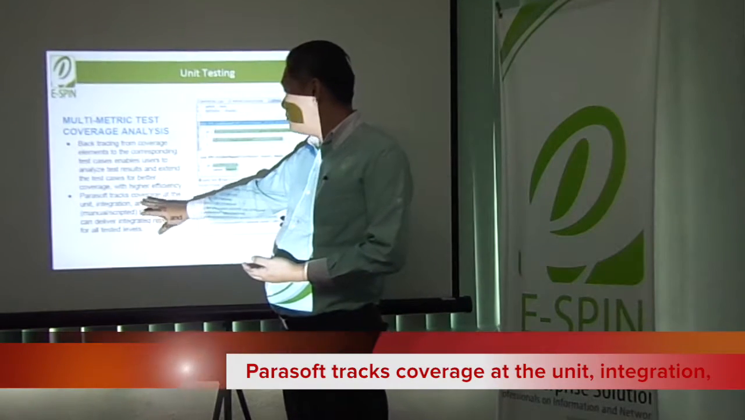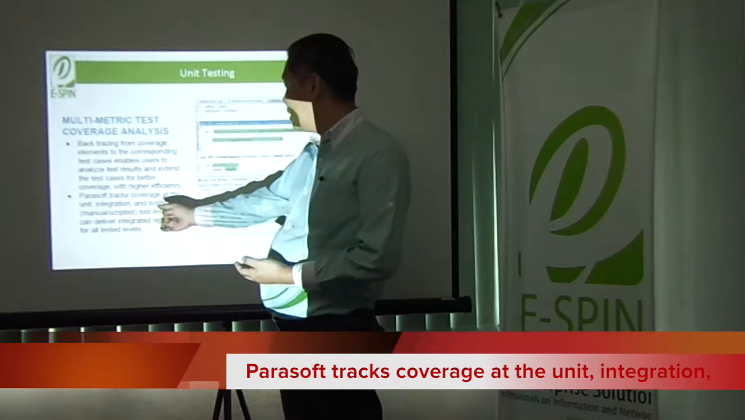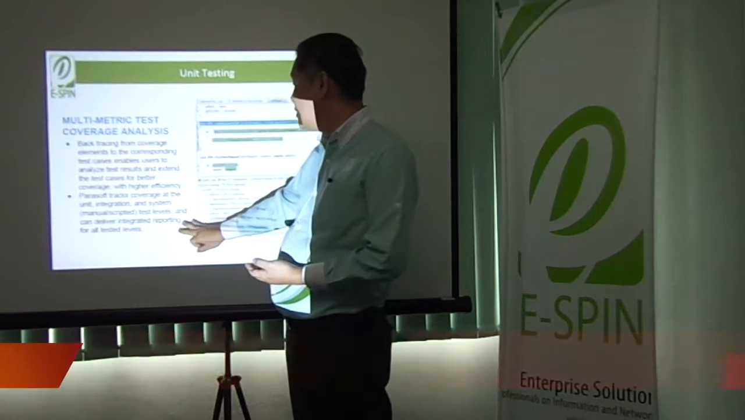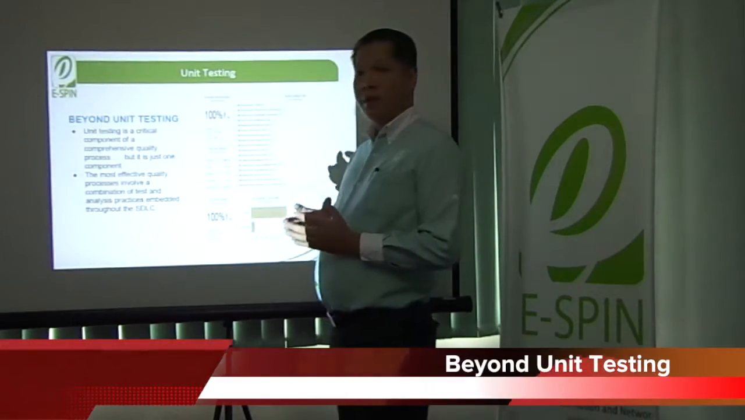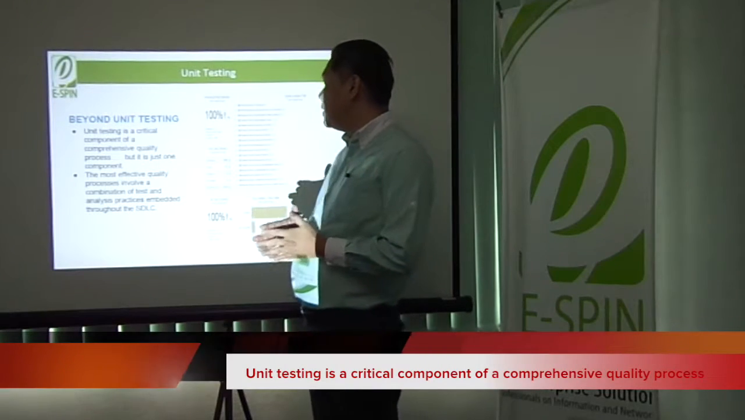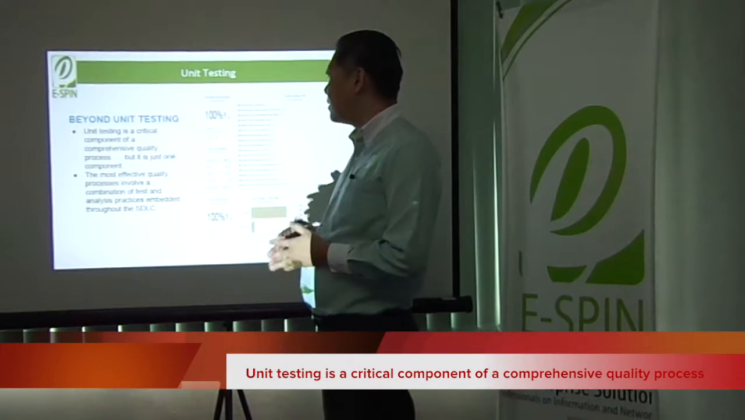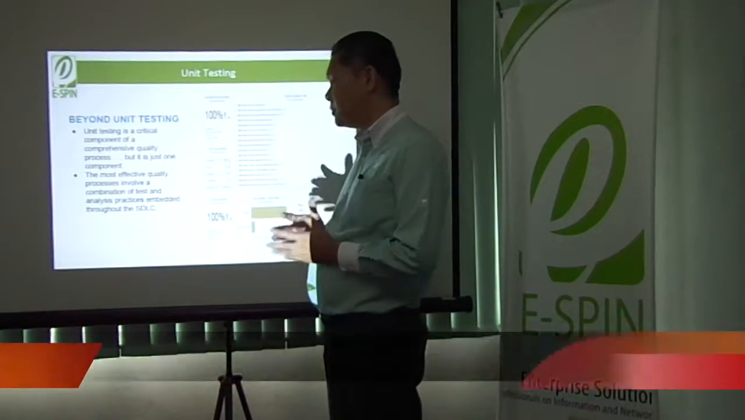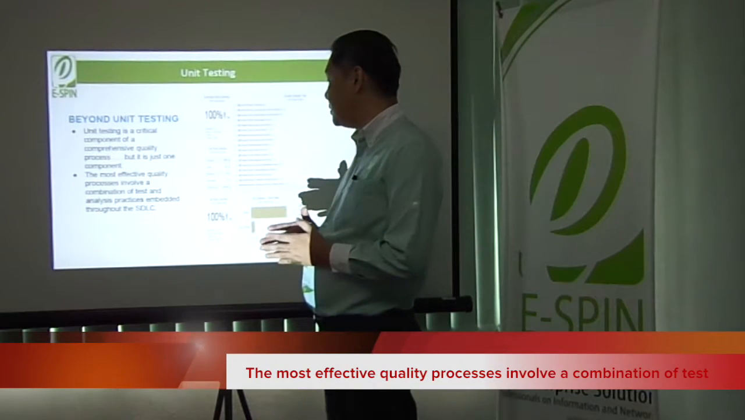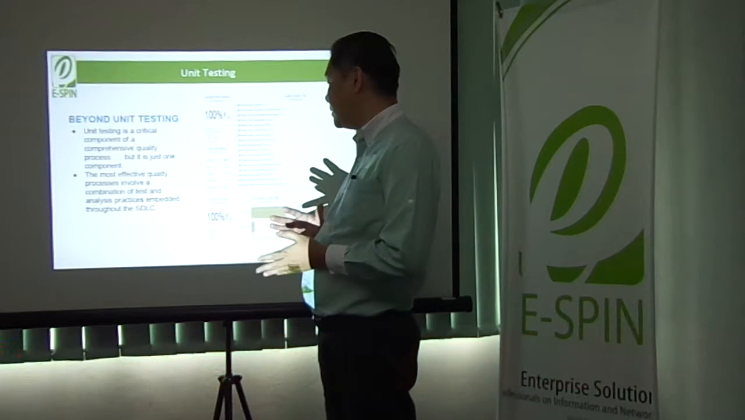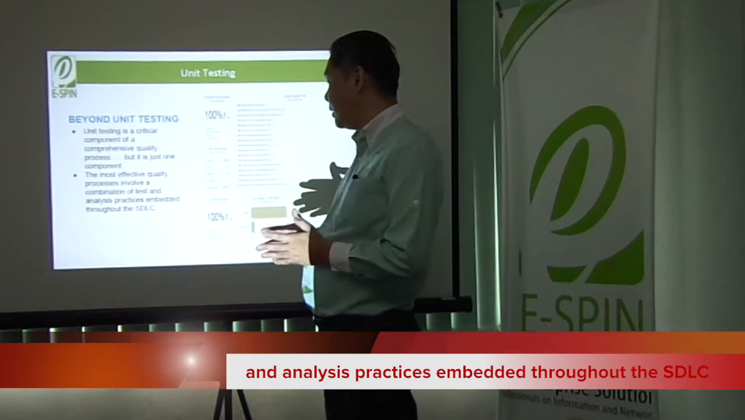So Parasoft tracks coverage at the unit, integration, and system test levels and can deliver an integrated report for all tested levels. Beyond unit testing: unit testing is a critical component of a complex quality process, but it is just one component. The most effective quality process involves a combination of test and analysis practices and methods throughout